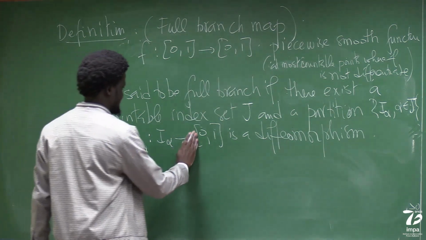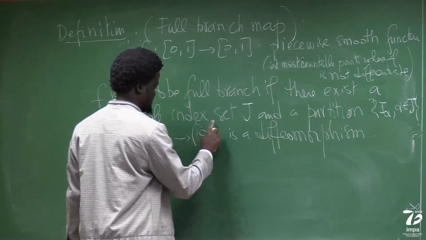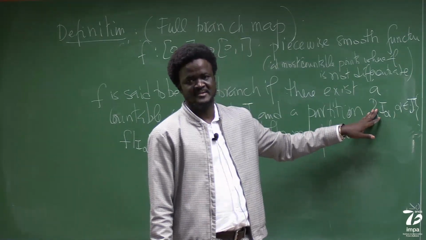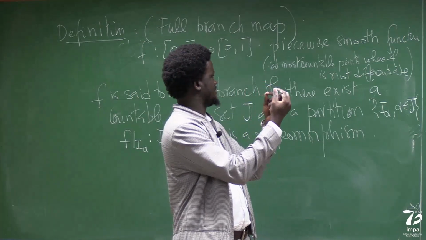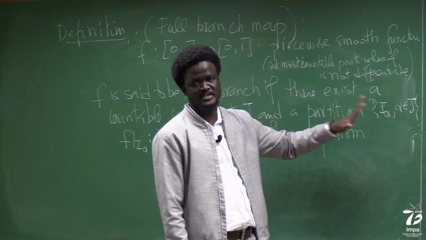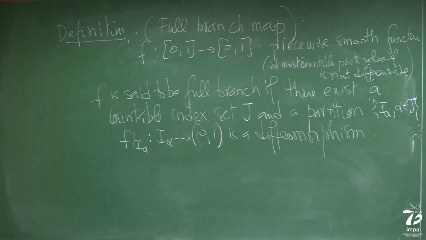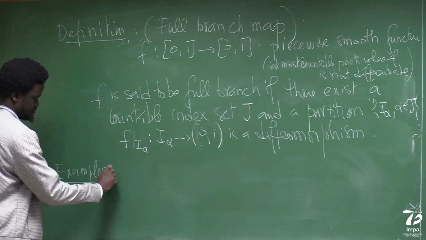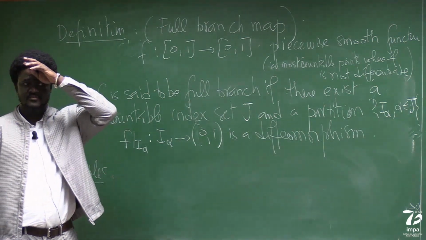Yes, sorry. That's why I was a bit hesitant when I said the partition is up to a measure 0 set, because it might not cover the boundaries; they might not be inside these interval elements. So it's up to a Lebesgue measure 0 set, the partition. So you can see some examples. Do you know examples of such?